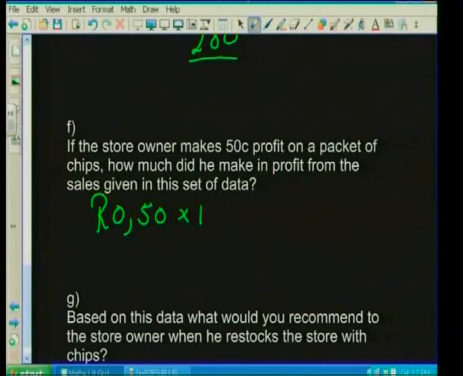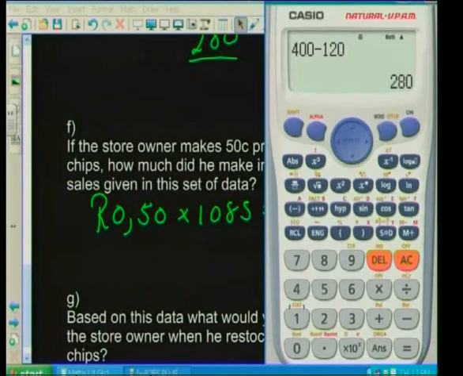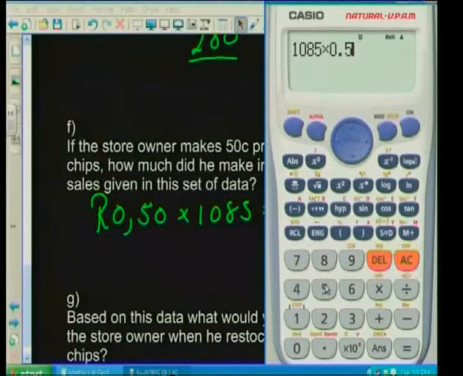1,085. So we're going to say 1,085 packets of chips were sold, and he made 50 cents on each one. So we're going to say, cool, we've got 1,085, multiplying it by 0.5. Why 0.5? Because it's 50 cents. And in rands, it's R0.5. Got it. Equals, and my answer is going to be